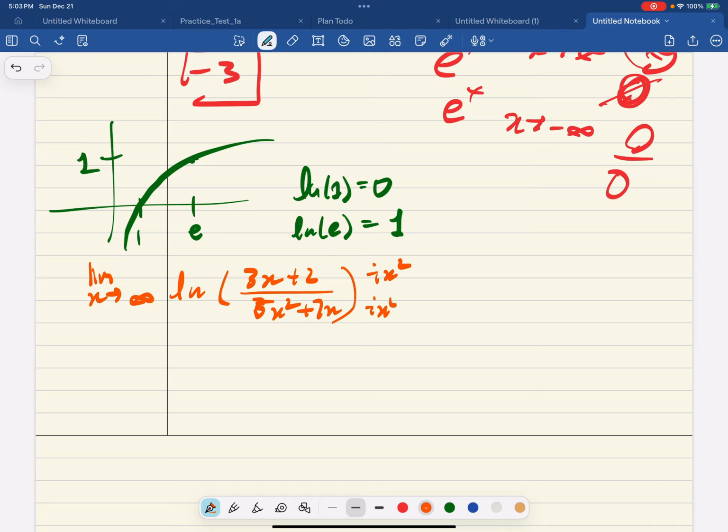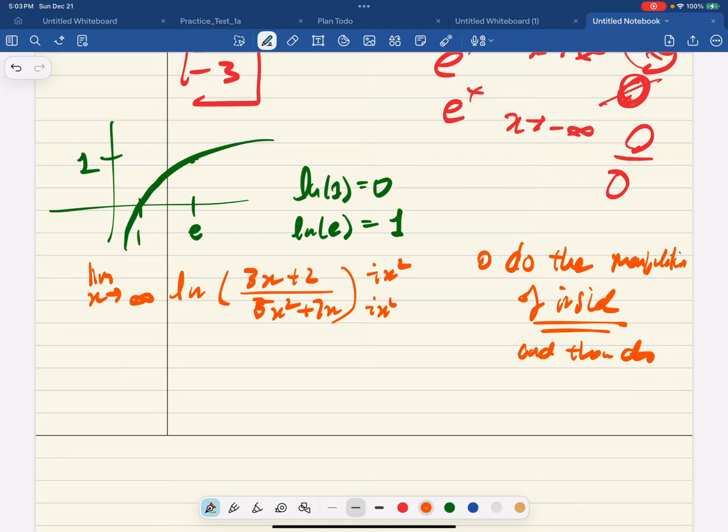And what happens is, I kind of forgot to say this, but when you see an ln, always do the manipulation of the inside first and then do the ln. Do whatever work you have to do inside, forgetting that there is an ln,